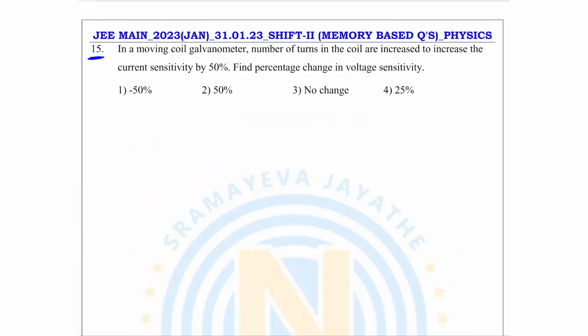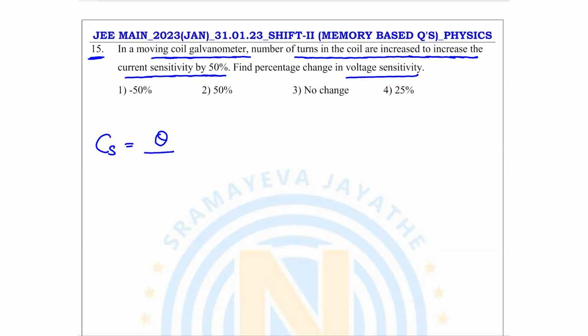All right. Question number 15. In a moving coil galvanometer, the number of turns are increased to increase the current sensitivity by 50%. You have to find the percentage change in voltage sensitivity. The current sensitivity of a moving coil galvanometer is the deflection produced per unit current, and it is equal to